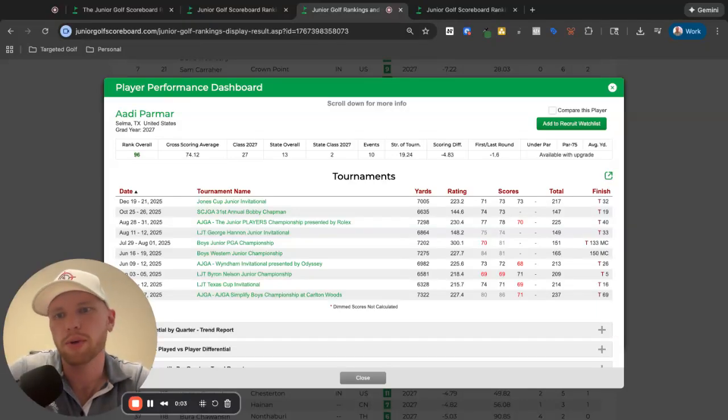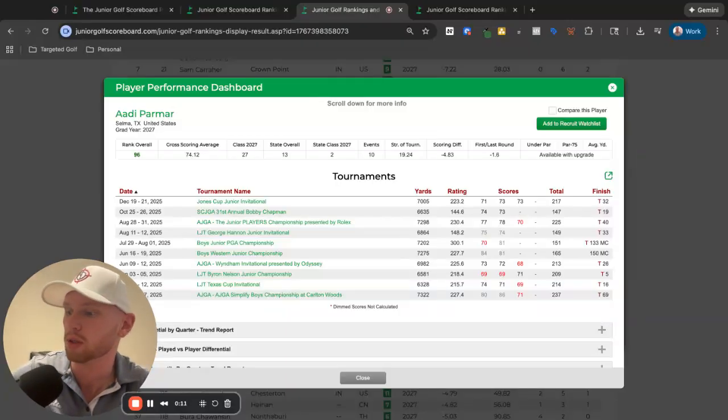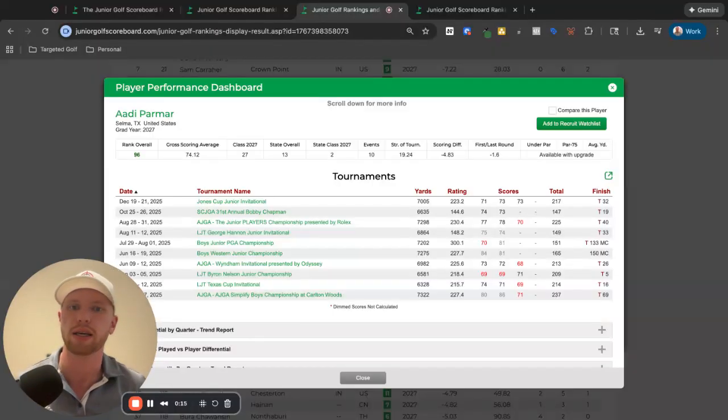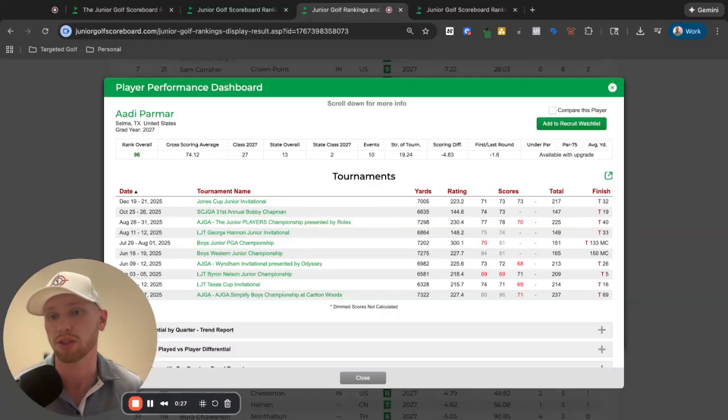In today's video, I'm going to be covering the difference between scoring average and scoring differential. I'm going to do my best to do this as completely as possible. This is a relatively simple topic, but it's something I see a lot of parents getting tripped up with. And so I want to make sure that you're clear on what each one of these numbers actually means, and more importantly, how you're going to be able to influence them, and also which things aren't going to work to